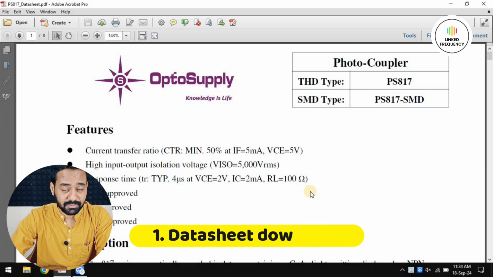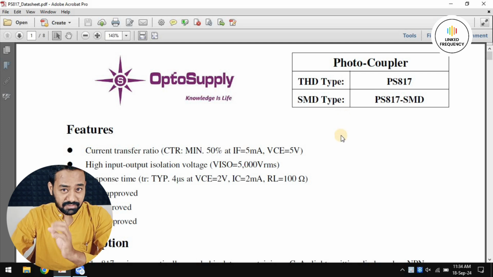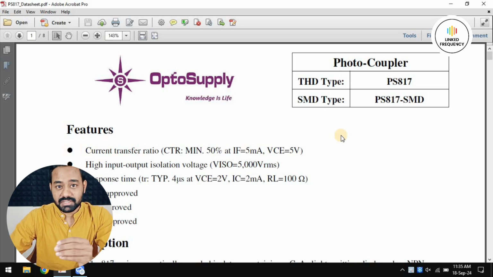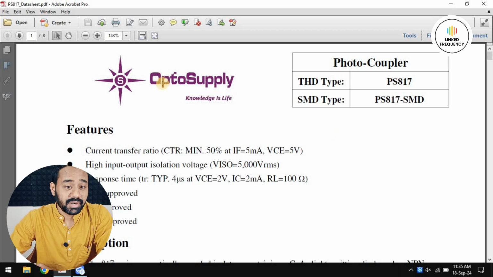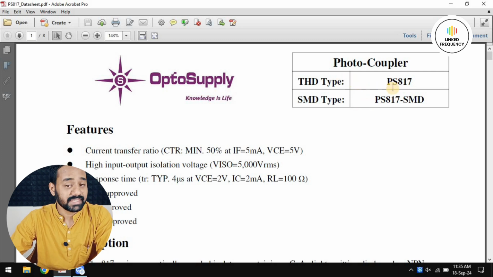So let's get started. I have downloaded the datasheet from the original manufacturer of the 817 IC. There are more than 10 different manufacturers in this particular IC segment, so do not get confused with a different brand name or manufacturer. Whichever manufacturer you are considering, make sure that you download the true datasheet. In this case, I have downloaded from Opto Supply, which is a company name, and they have the IC in SMD as well as through-hole version. The through-hole version IC is called PS817, whereas the SMD version of the same IC is called